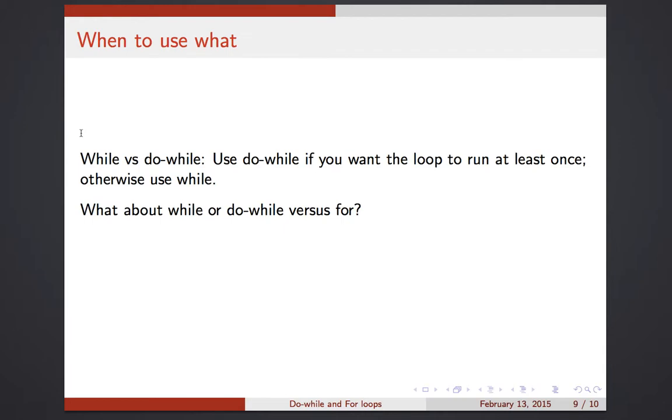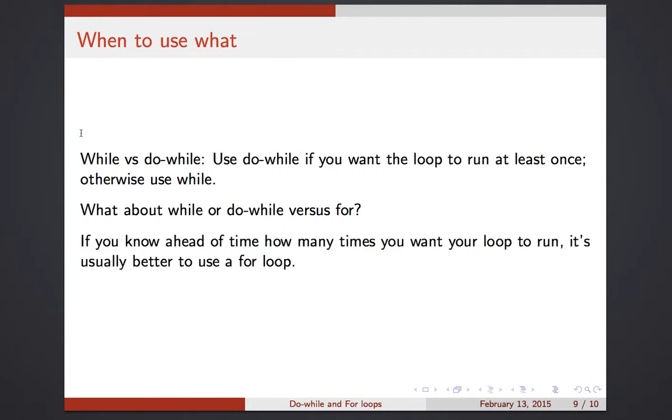The more experience you have, the more you will be able to see when one kind of loop is easier to use or better to use than another. But here are some general guidelines. If you know ahead of time how many times you want your loop to run, it's usually better to use a for loop. So suppose you know you want your loop to run 5 times or 8 times or whatever. A for loop gives you that exact control. And of course you can mimic it with a while loop. It's not impossible to do with a while, but the for loop syntax is essentially set up so that if you know how many times you want your loop to run, it's just easy to do. So that might not be a satisfying answer, so let me just give you